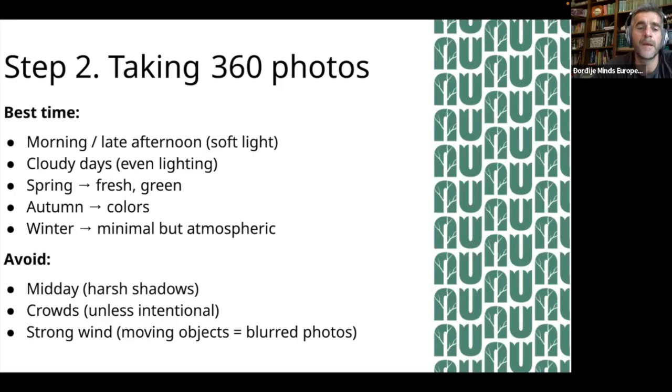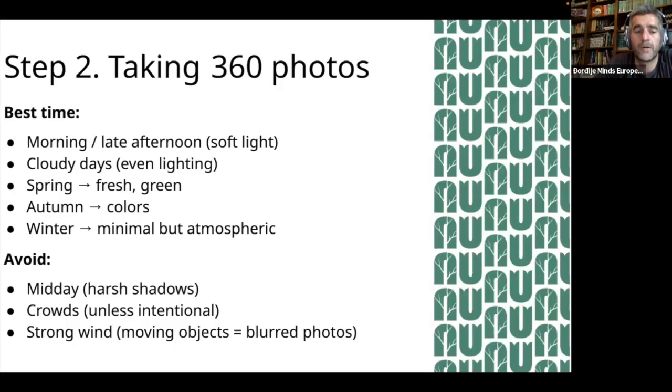The best period for taking photos in nature is spring or even summer. If you want some autumn colors, orange or yellow, you can take photos in autumn. Or if you want atmospheric photos, like in winter with snow, you can take them during the winter. But you have to choose what you want to present, of course.